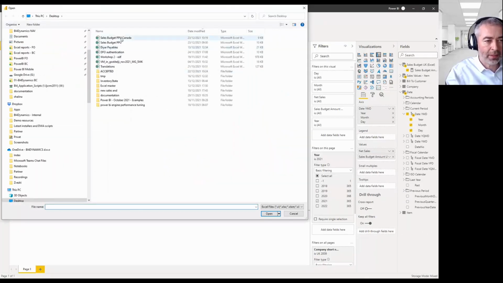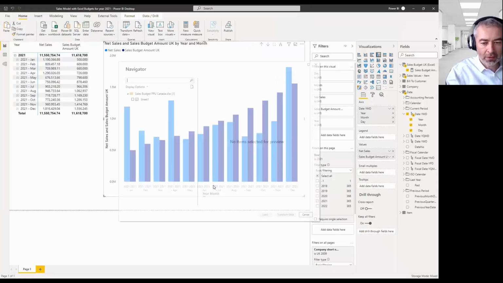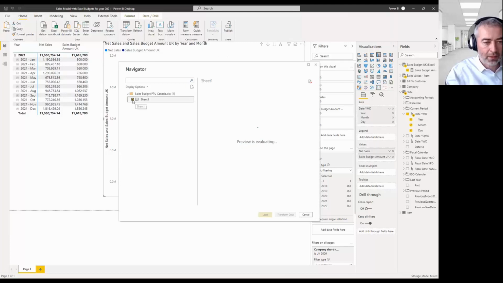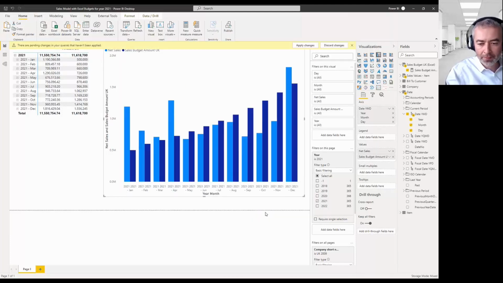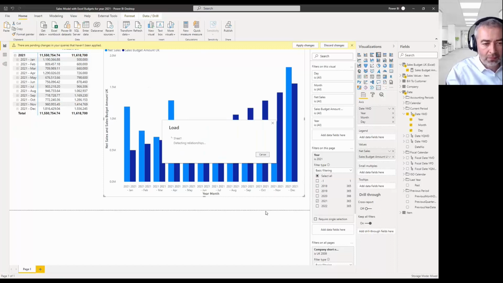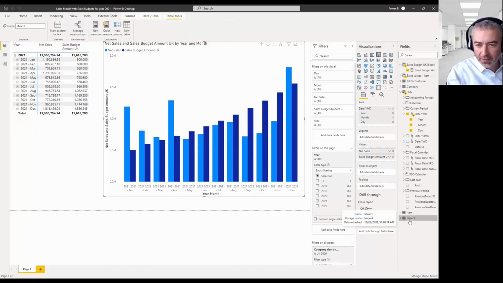So the exercise in Power BI is pretty much simple. It's the same. We have to add this. We'll take the data into the model. Just the same exercise we have to do like before. We will do it. There is no shortcut. So the name here will be sales budget Canada from Excel,